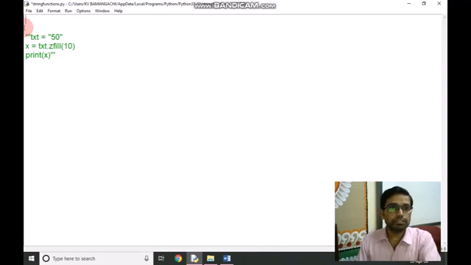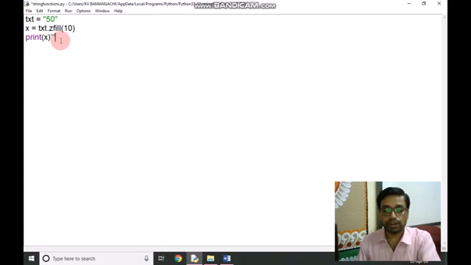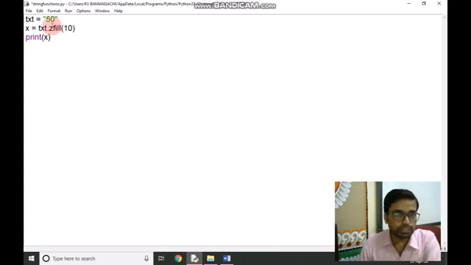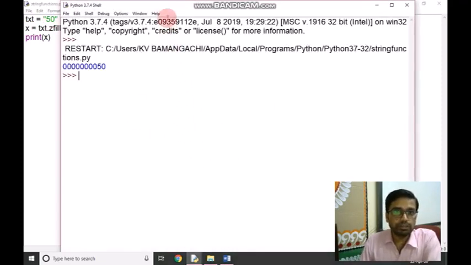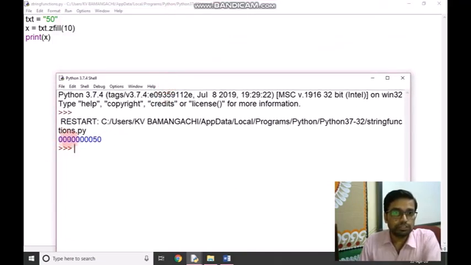Last function is zfill. Zfill fills the string with a specified number of 0 values at the beginning. Here we have taken 50 as a string and we have called zfill with the argument 10. If we run this program, it will return zeros at the beginning.